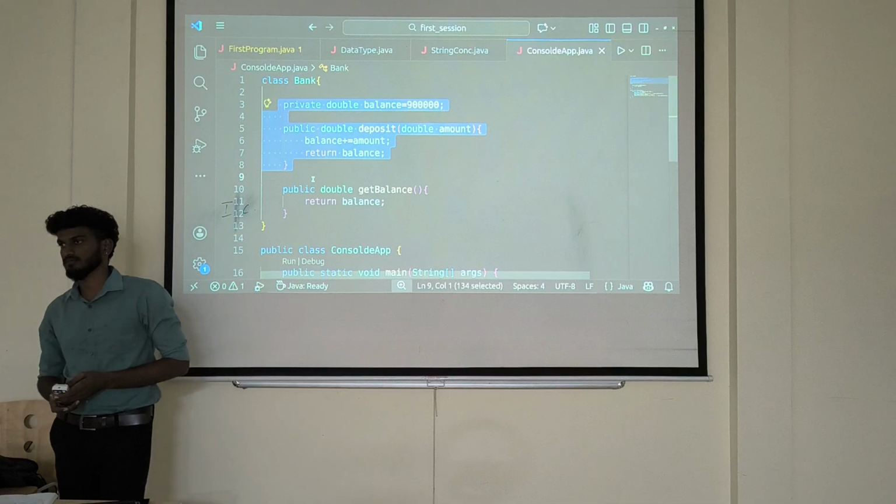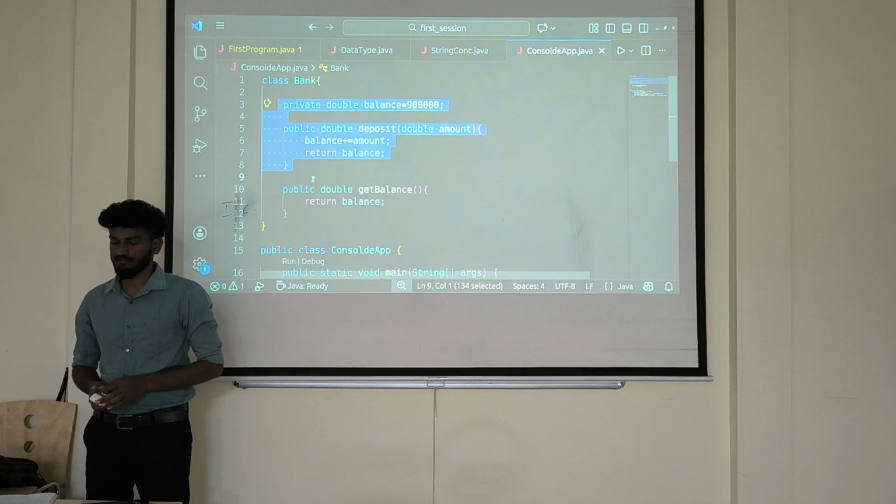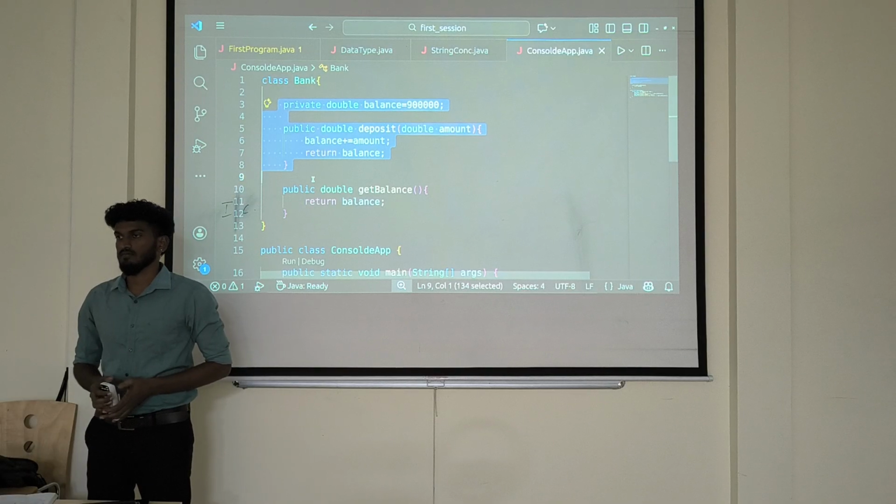Encapsulation means make sure the data is hidden from the users. We use private or public. Abstraction means hiding the